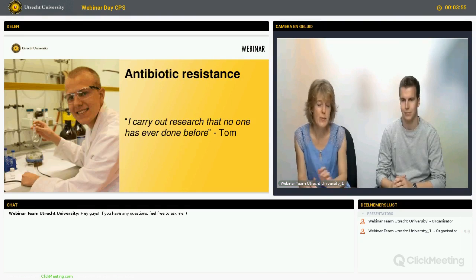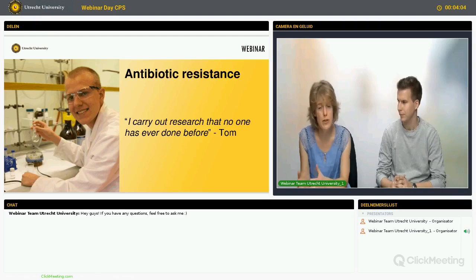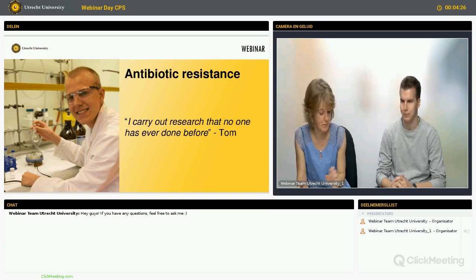And here you see Tom, and he worked on a new molecule. In his project, they were designing molecules that can bind to a component of the bacterial cell wall. So the bacteria will be hampered in making their wall, and if the bacteria cannot make a nice wall, they become leaky and they cannot survive. It is also thought that this kind of molecule can treat many types of bacterial strains.